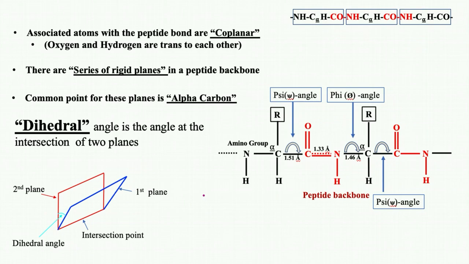Now, what is meant by coplanar? I would like to explain it in a very simple way. For instance, if we have two points, how can we join them together? The answer is that we can join them by a single line. But if we have more than two points, like 3, 4, or 5 points, is there any way through which we can join them together? The answer is yes. We cannot join them by a single line, but we can join them if we keep them on a single plane.